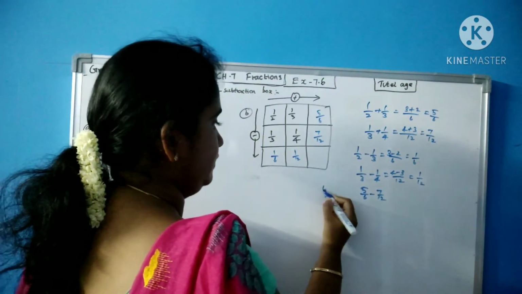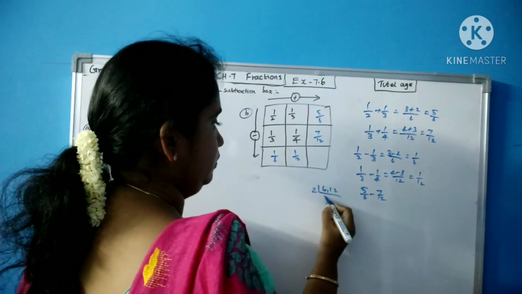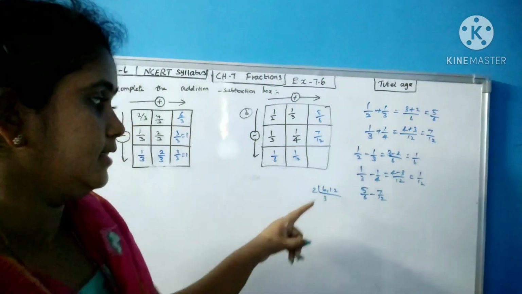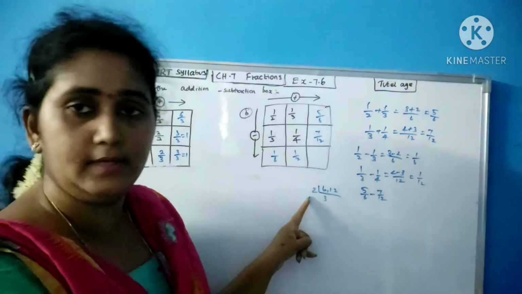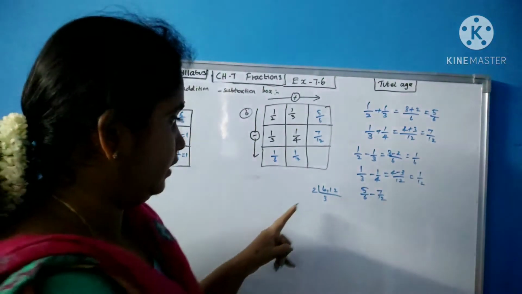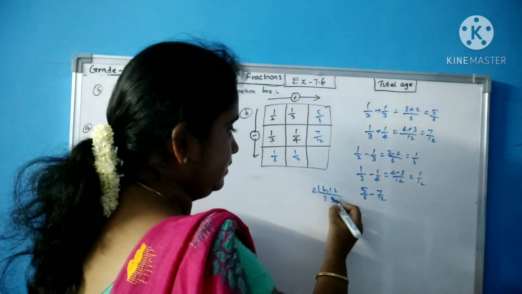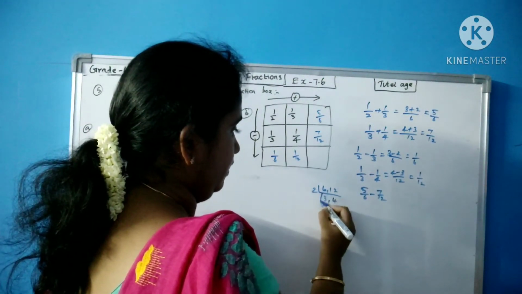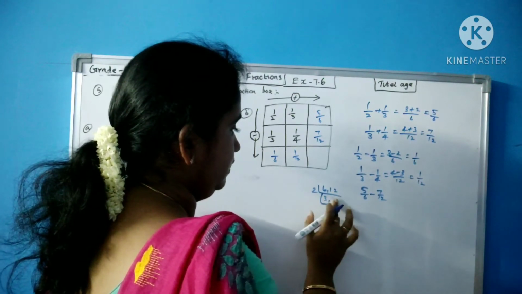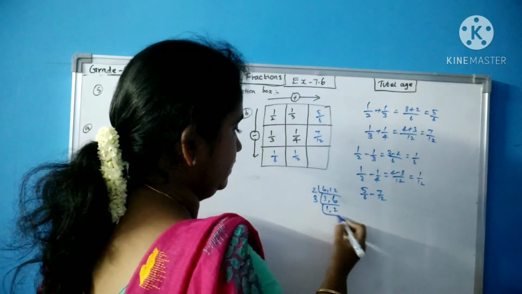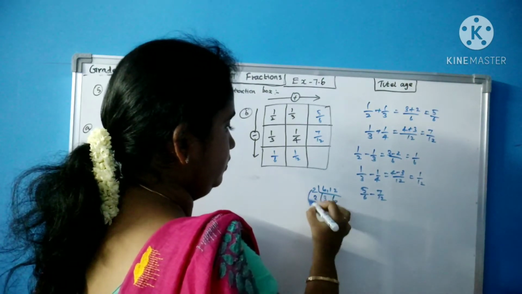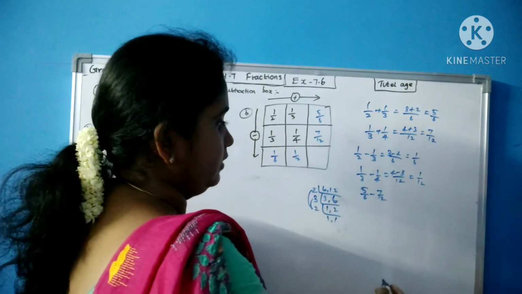We take LCM of 6 and 12. 2, 3 to 6. You should not take 6 table because you have to take the least common multiple. So you should take the least one only. 2, 3 to 6, 6 to 12. Again 3, 1 3s are 3, 2 3s are 6. Again 2, 1, 1. 2 to 4, 4 3s are 12. Okay, so 12 is your answer.